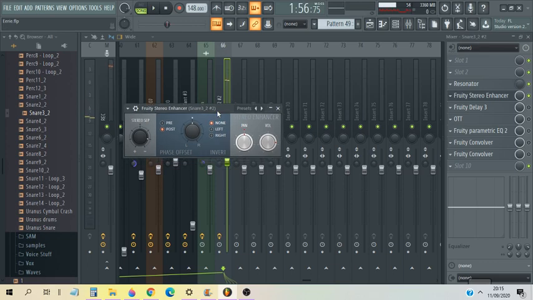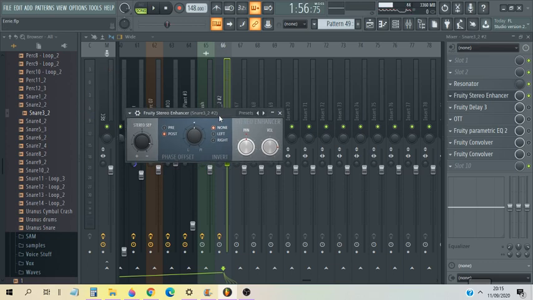This is just a small little thing I'm doing. This stereo separation knob is the only thing I'm using here. I'm not panning it to the left or right. What I'm doing is, when you put this knob closer to the minus, it makes it sound like the sound is coming more from the center, and when it's closer to the plus, it sounds more like the sound is all around you and separated out.